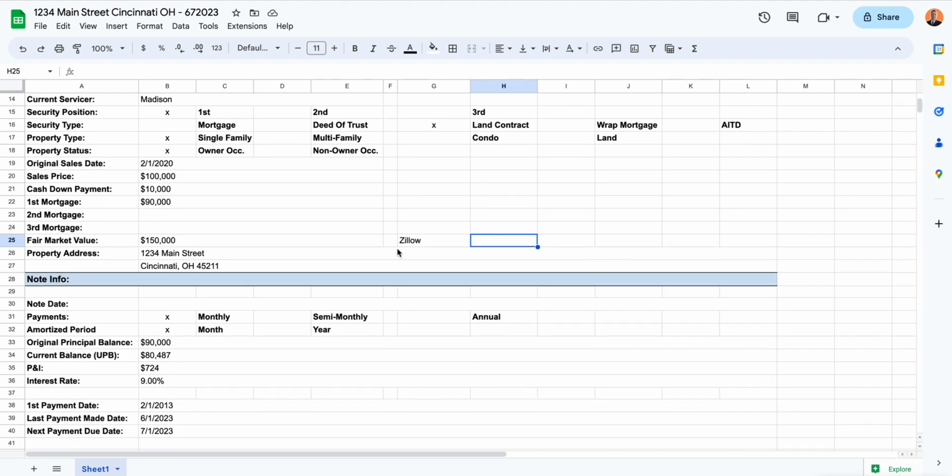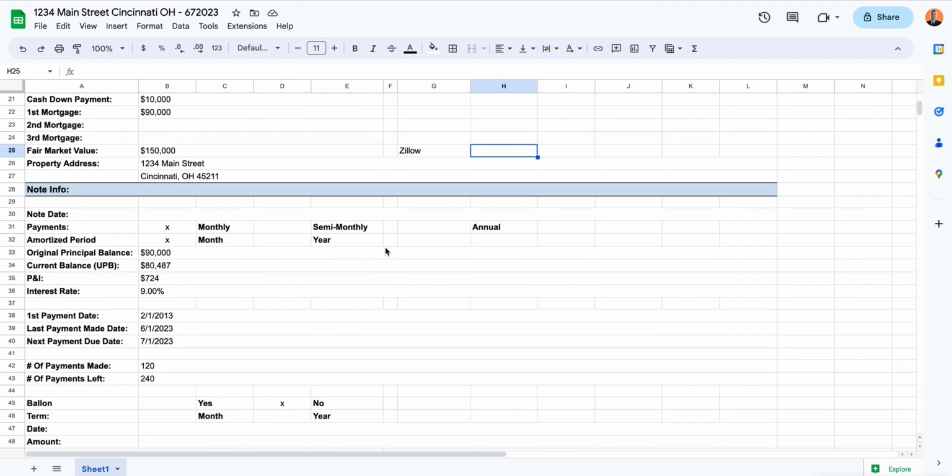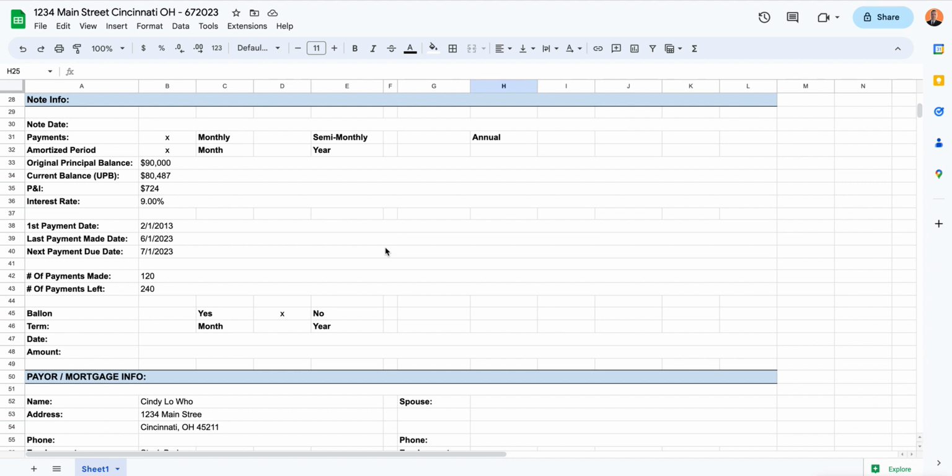And then usually, I do have another file that I use when I'm doing my final due diligence on everything, and that has the BPO, title search, and I'll show you that at another time. But initially, at first blush, I try to get all this information filled out, everything about the borrower and the